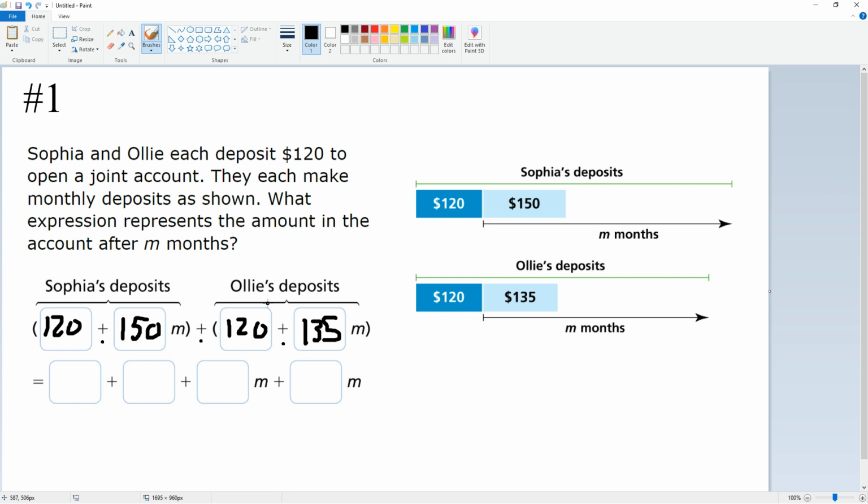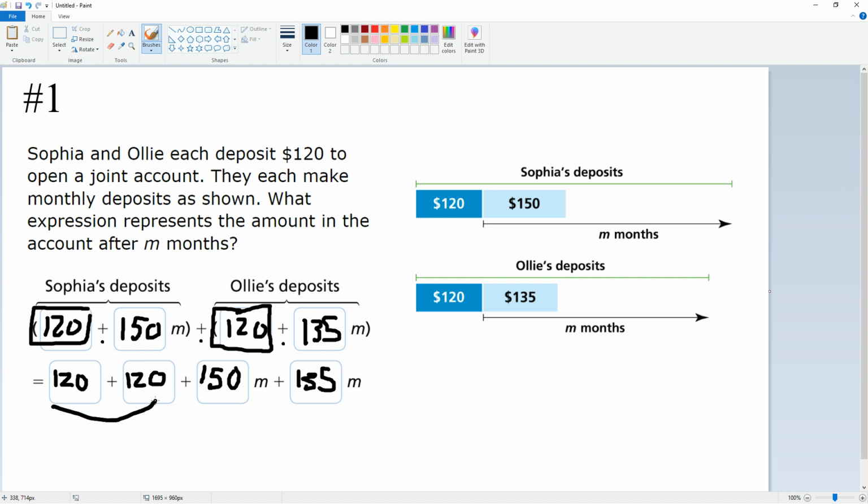Okay, so we're back. And again, we can start looking at some of these pieces of information. The parentheses don't matter. So let's look at our constants, right? We have 120. And what they've done here down below is they've used the commutative property of addition to move them around to their like terms. Okay, 150 a month, 135 a month. You can see they have their constant terms here, 240. And they have their monthly terms here,